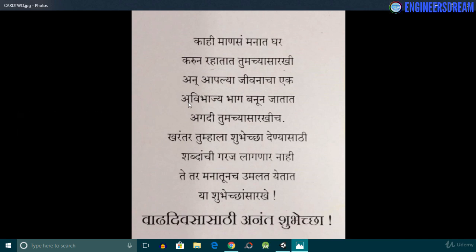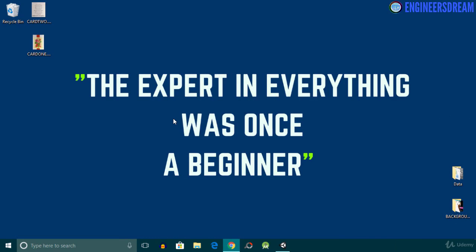Now guys, I live in Mumbai, which is basically the financial capital of India. And in Mumbai, people generally speak in the Marathi language. And since I'm a Maharashtrian, that's why I have a couple of birthday greeting cards which are written in Marathi. So after showing you the two images which I'll be uploading, I'll close the photo editor.